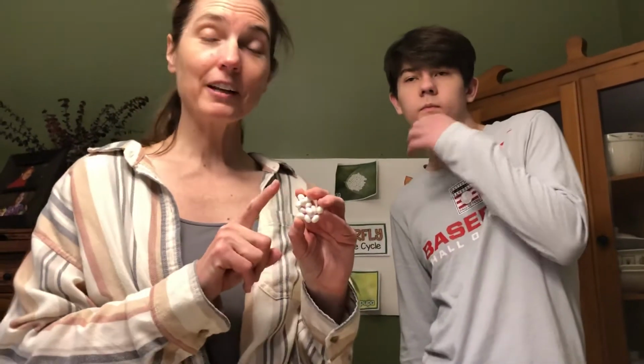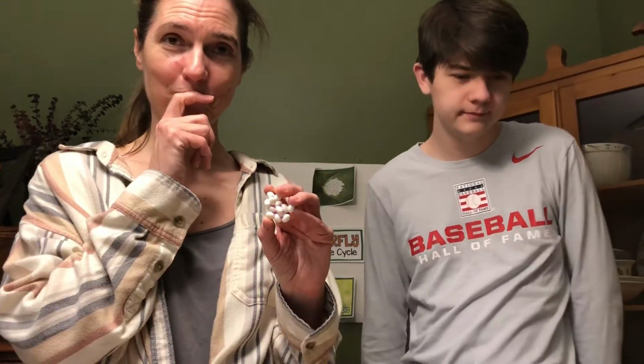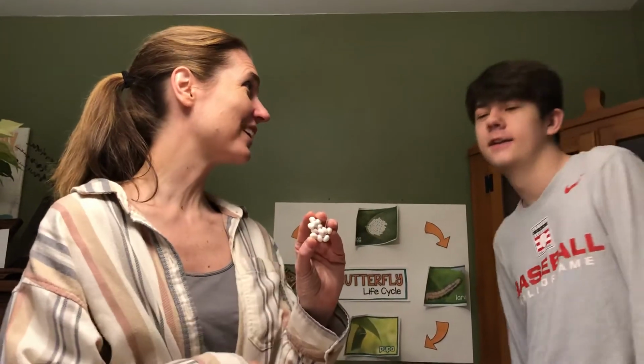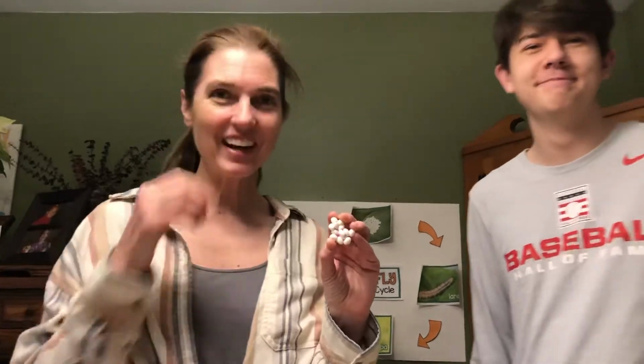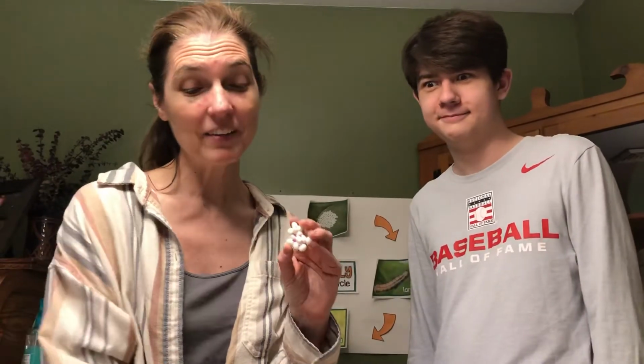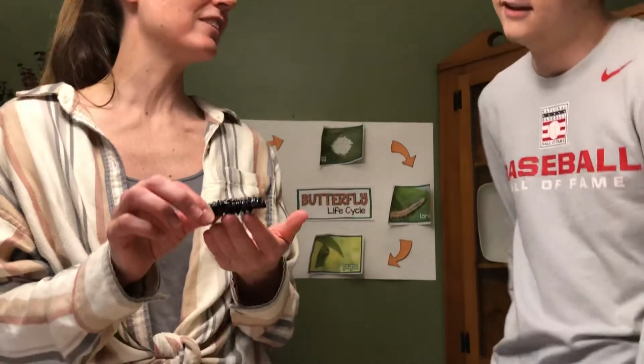So this is a reminder of what is the first part of the butterfly life cycle. What happens first? Do you remember? You are so smart. Brad, tell him, what's the first part? Egg. An egg, right. That caterpillar started as an egg. But that caterpillar will chew its way out of the egg, and it gets into the next stage of the life cycle, which is the...